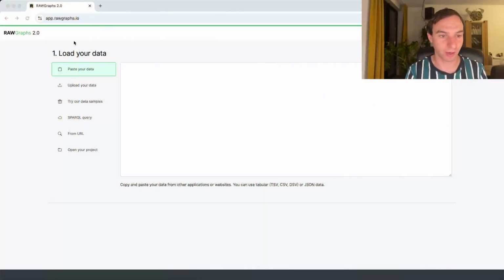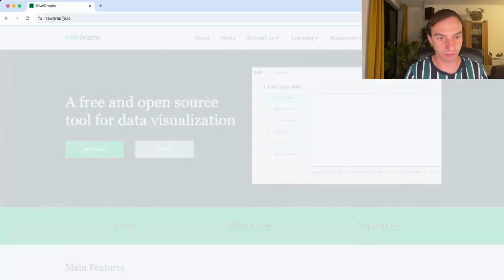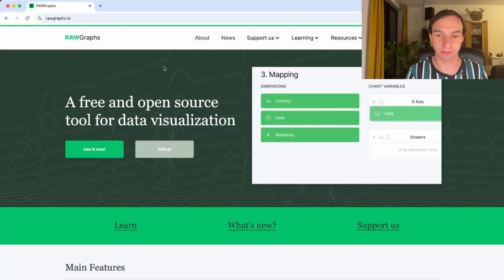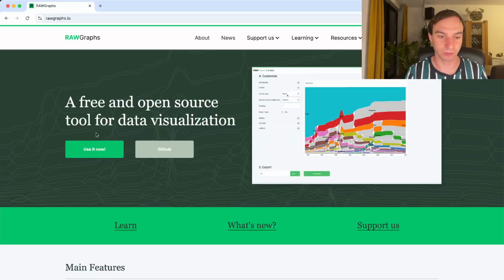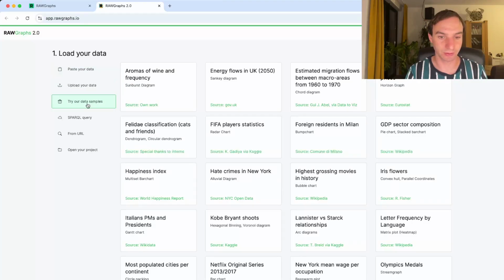So when you go to the RAWGraphs webpage, it is a tool that you can use to make data visualizations, and it exports an SVG format that you can use in Illustrator or in Figma to then edit. So it's quite nice, and it has a lot of data samples already, so you can go to the energy flows in the UK. In the end, I used the one from 2007 because the 2051 is